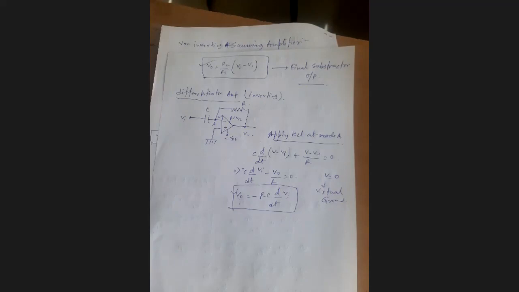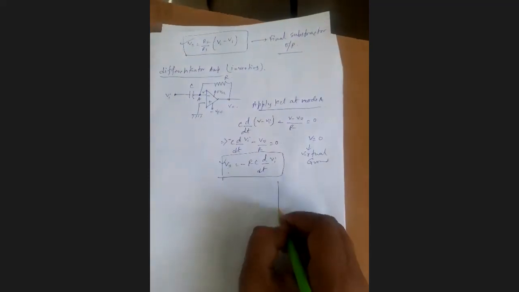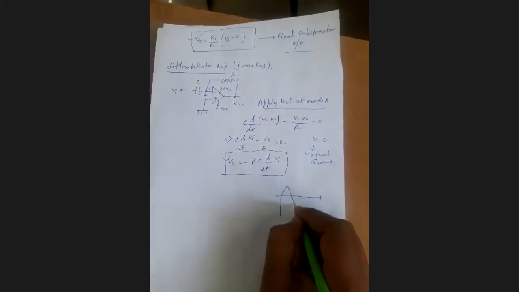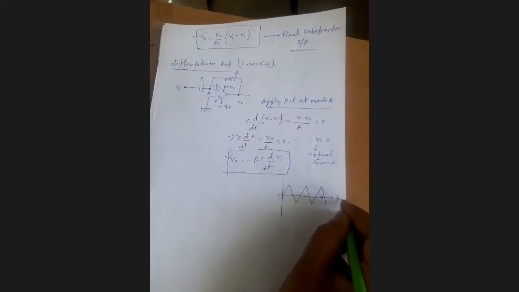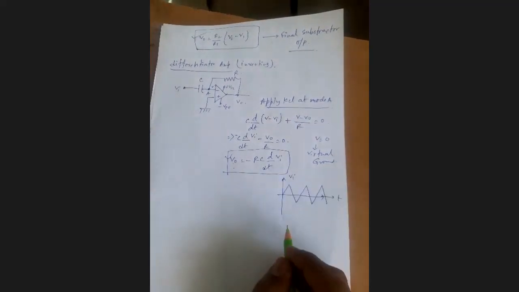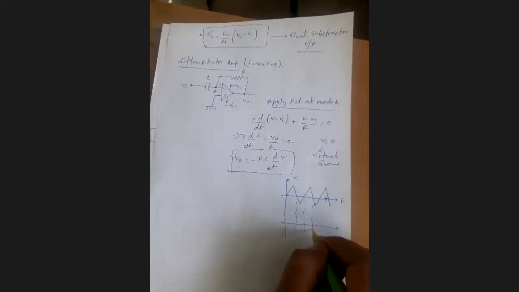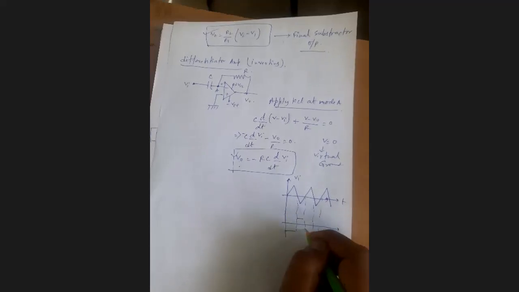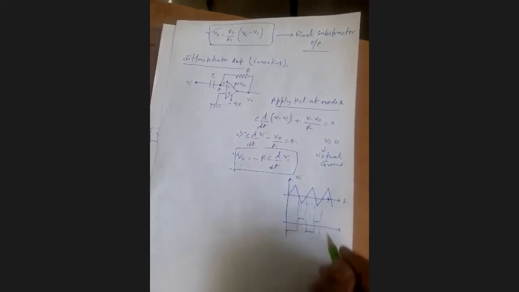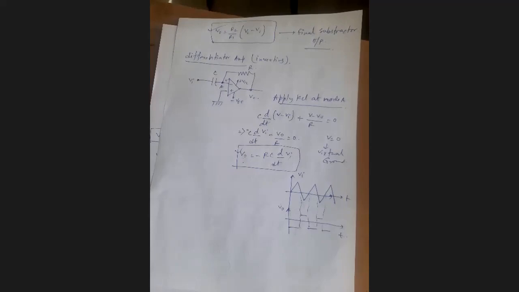We can define analog computation by using this type of operational amplifier, with the integrator, differentiator, and voltage summer. Here, if we apply a triangular input VI on the input side, then in that case, this type of square wave is the output over time T. This type of square wave output we can find in the output stage.